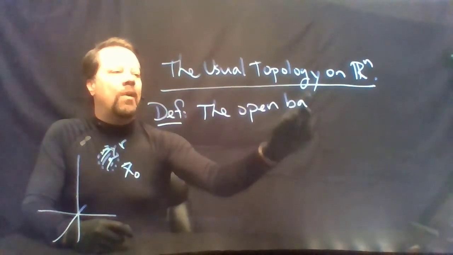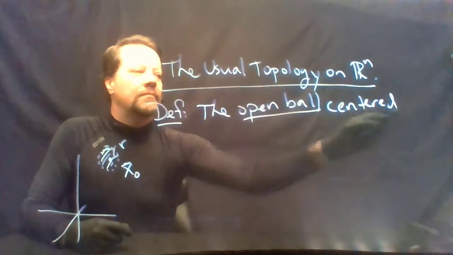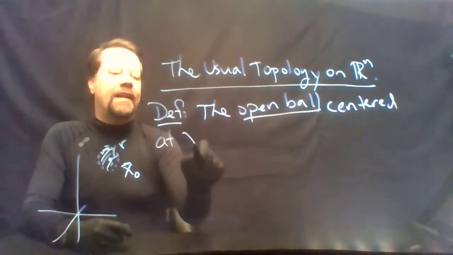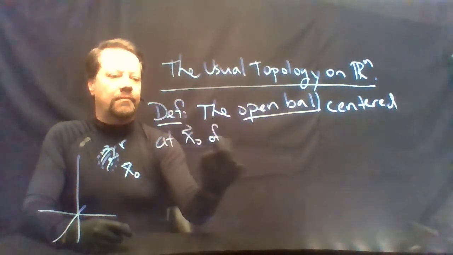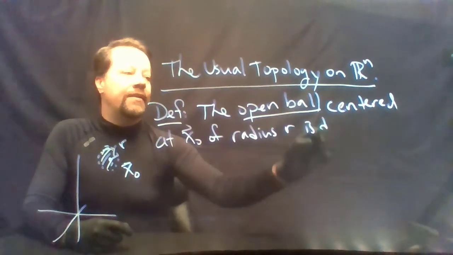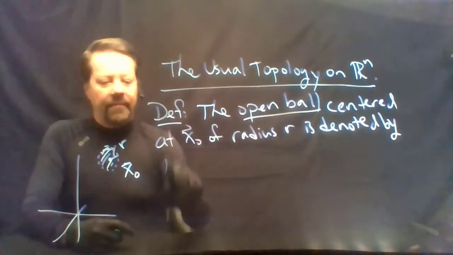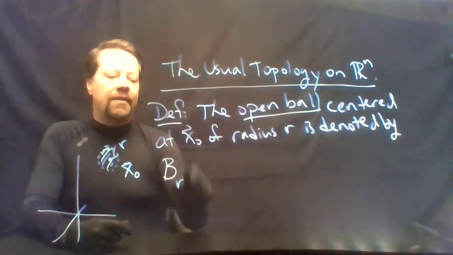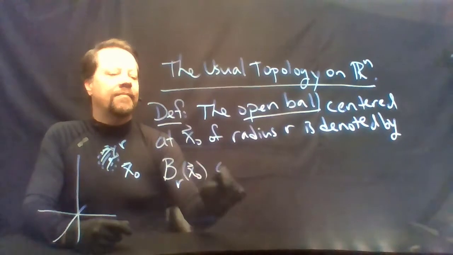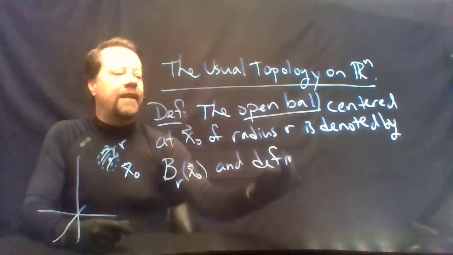The open ball centered at x naught of radius r is denoted by the ball of radius r centered at x naught, and defined by